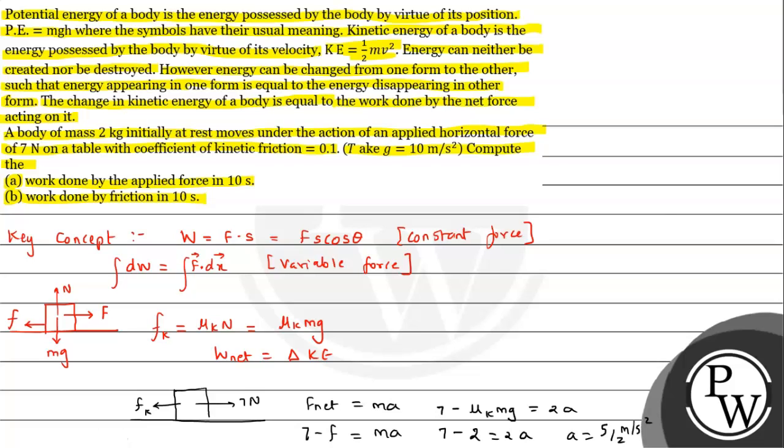So 10 सेकेंड में, अगर हम बात करें वर्क डन की, तो वर्क डन क्या हो जाएगा, फोर्स इंटू द डिस्प्लेसमेंट। अब हमें पता चल रहा है डिस्प्लेसमेंट भी इसी तरफ होगा जिस तरफ 7 न्यूटन का फोर्स है, एंड लेट्स से डिस्प्लेसमेंट जो है वो 10 सेकेंड के अंदर s है। सो दिस विल बी द केस, f इंटू एस हो जाएगा, और cos थीटा विल बी 1 इन दिस केस बिकॉज फोर्स एंड डिस्प्लेसमेंट इज इन द सेम डायरेक्शन।